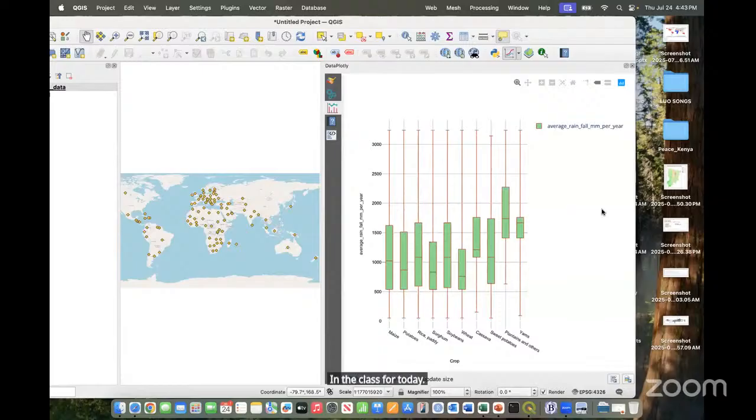Of crop and average rainfall. If you're done with that, let's do a histogram of average temperature, a box plot for crop and average temperature, and